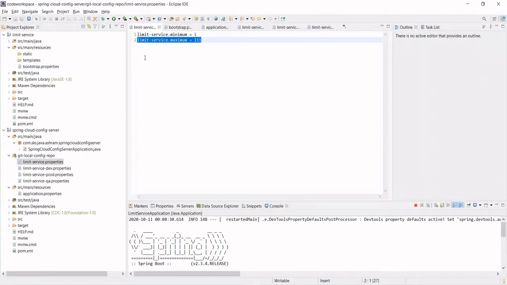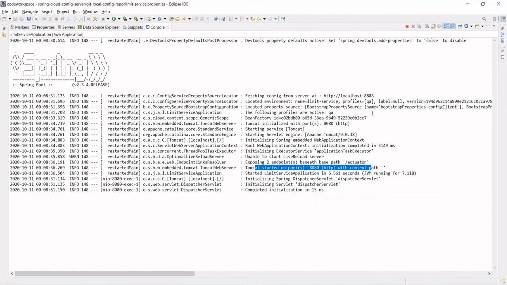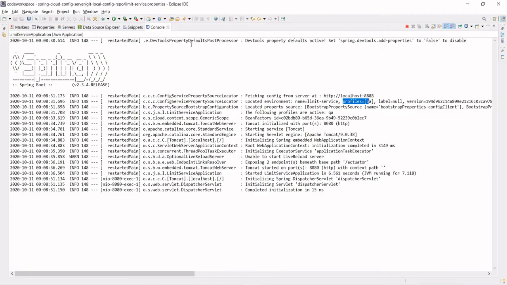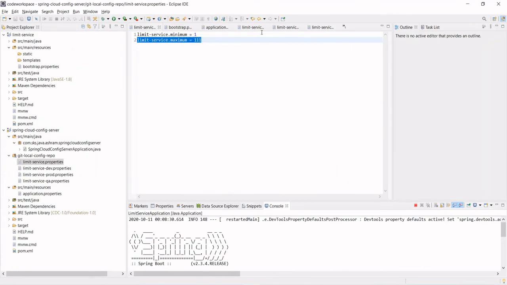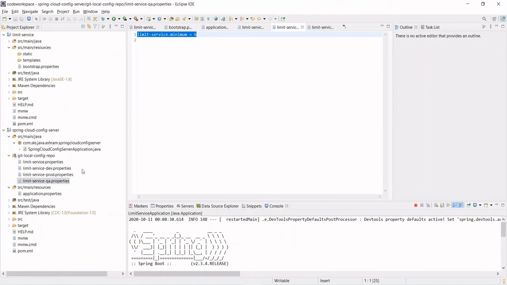But if you access it from the limit service, it decides based upon the profile which kind of information it needs to access. The profile is QA, so it will look for the QA profile, and if the maximum limit is not available in the QA profile, it will read it from the default one. This is how it works.